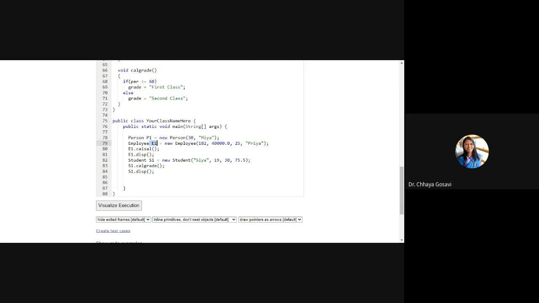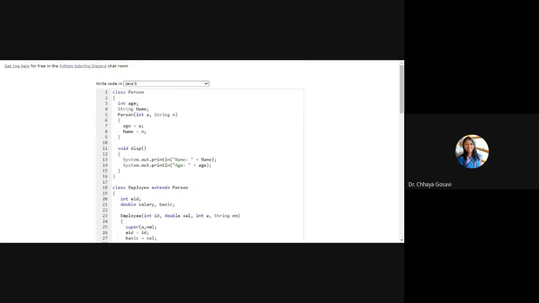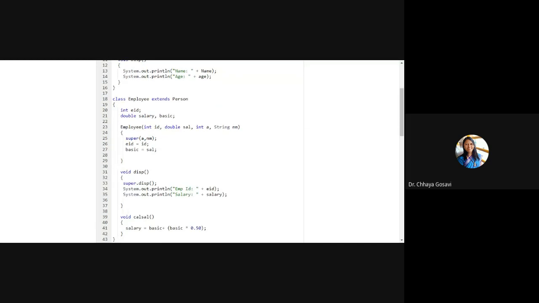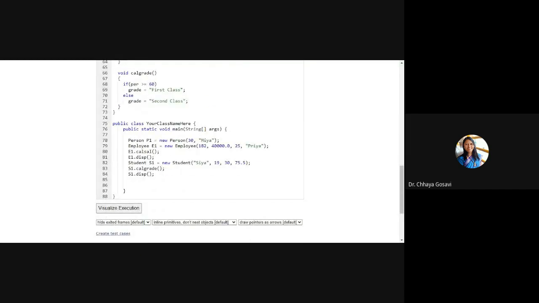Note that this age and this name is different. When you create object of employee class, only variables get inherited, not their values. Only this variable age and name, which is defined in person class, will be copied here as it is, as these variables are the variables defined for this class. That's why we use the extends keyword. That's why by default there is integer age and string name in employee class as well as student class, but these values which we pass to person will not get copied in employee class or in student class.